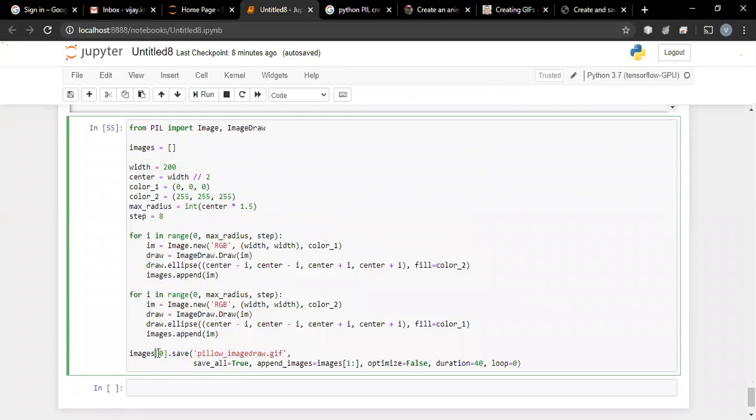So here image of 0 dot save, and then they are saying, okay, I want it for 40 seconds, whether you want a loop or not, whether you want to optimize it or not, and so on. So basically if we have multiple images, we can add those images in an array or in a list, and then we can save that list over here.